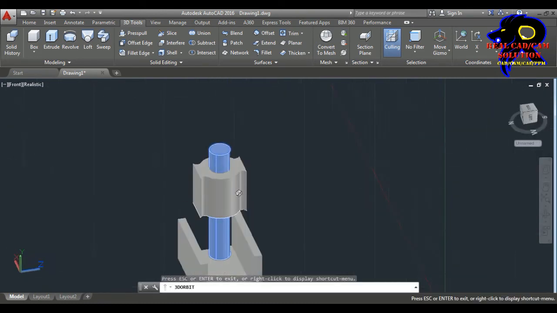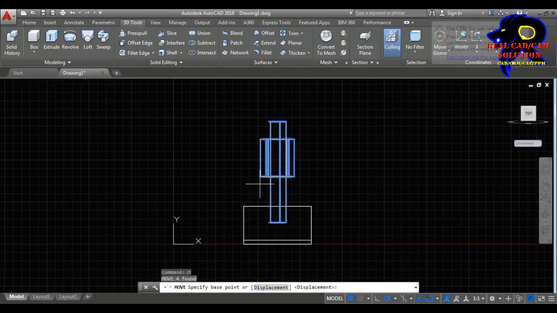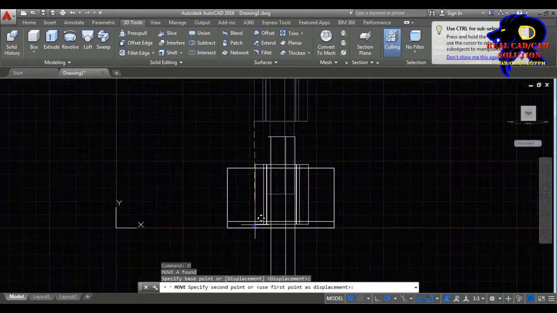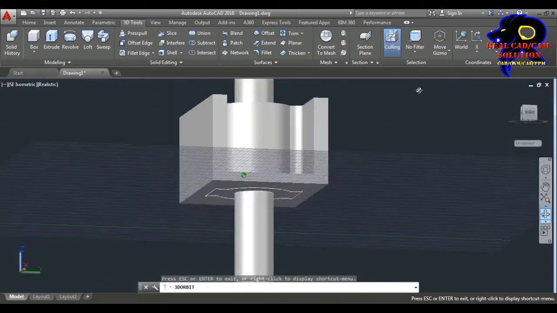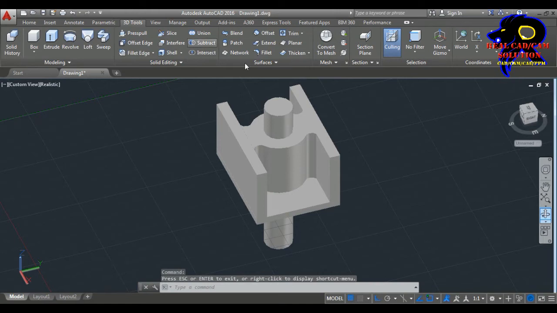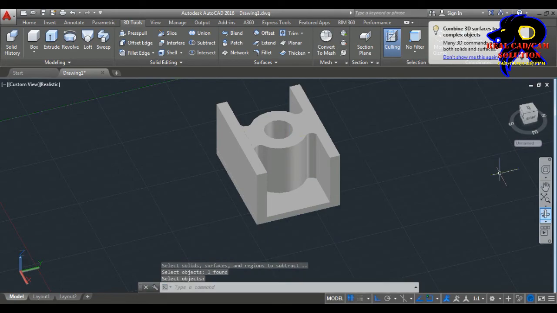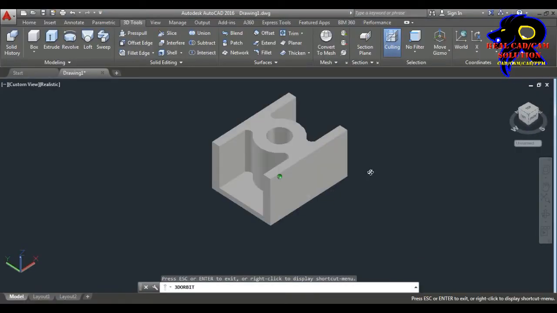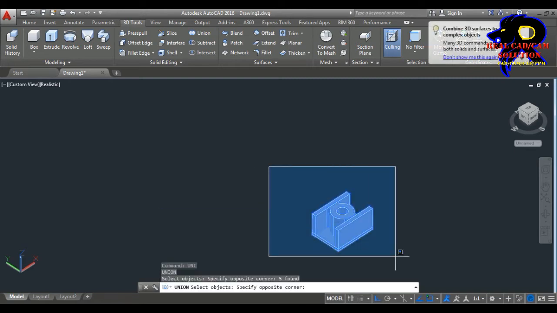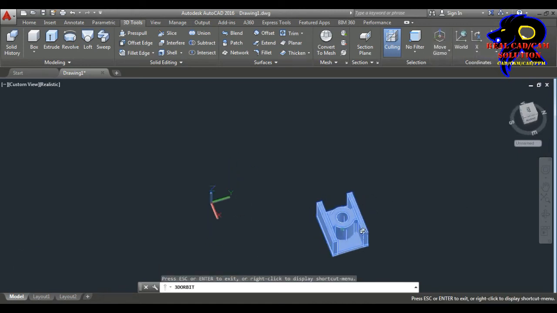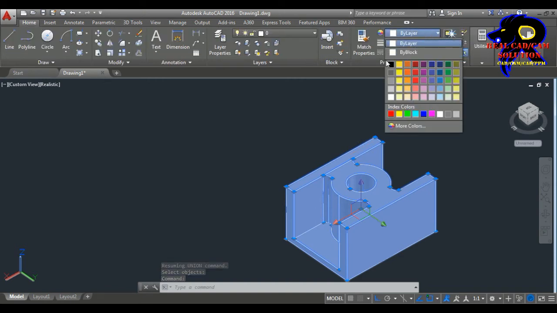First of all, I choose this rotate or orbit and go to the front view also. Put the unit. Go to move towards the down part of the section. Okay, go to the realistic and give the subtract. Subtract command SUB enter. Okay, I choose the option, click the base object and subtract the subtracted object. Okay, it's going on very nice. And then choose union because it joins each single part into a combined part, that's why I choose this union.